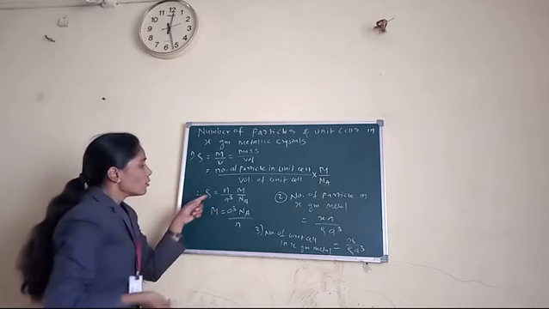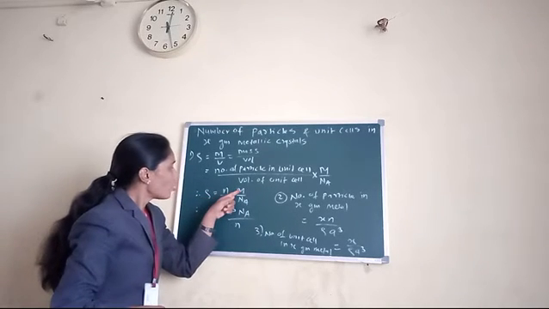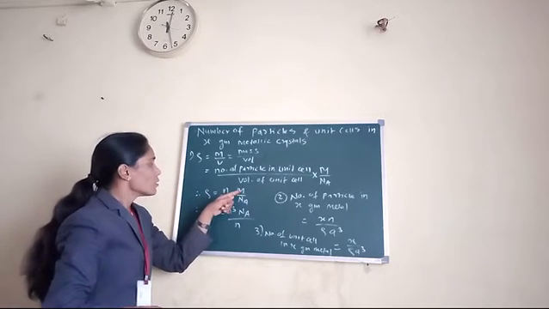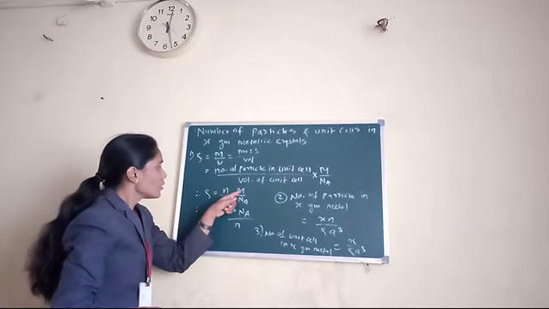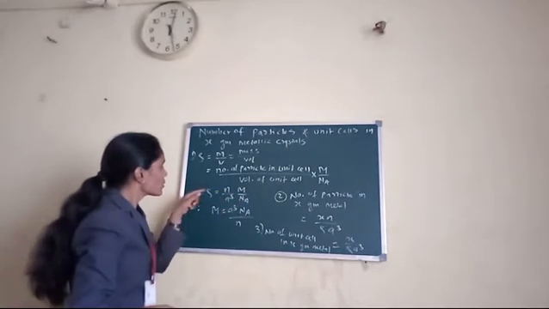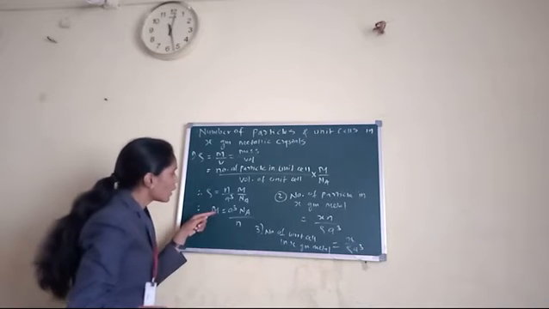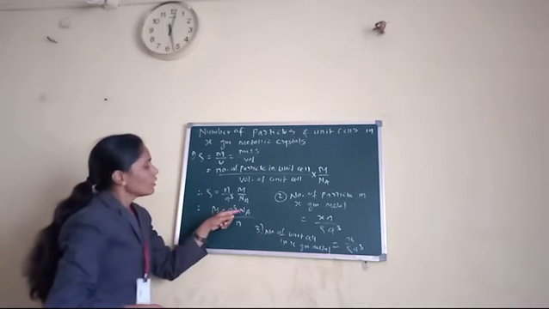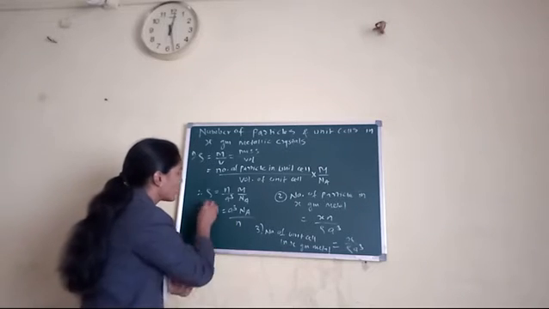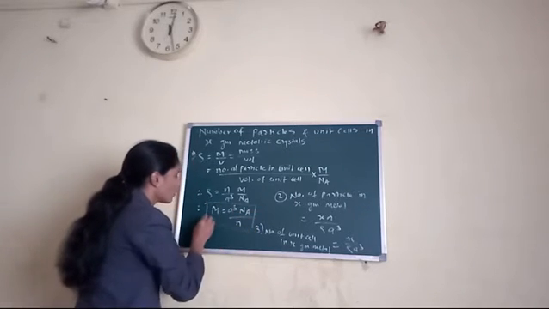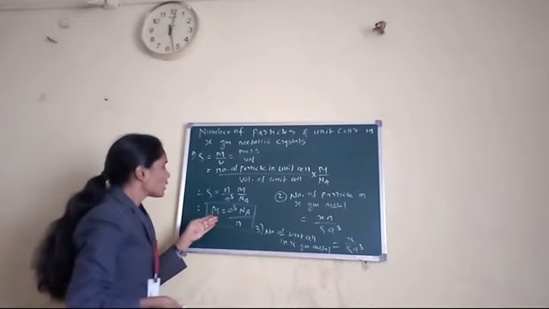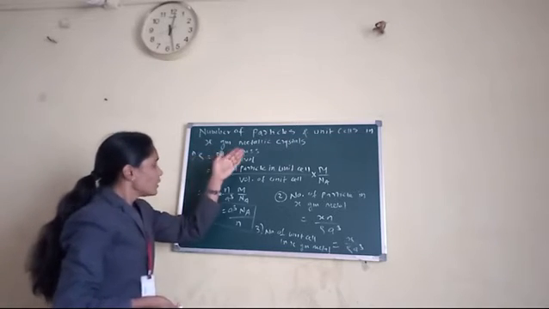To find the formula for the mass of the substance, m, the remaining quantities shift to the other side. Then we get the formula m is equal to rho a cube Na upon n, where n means number of particles. By this formula we can calculate the mass of the unit cell.